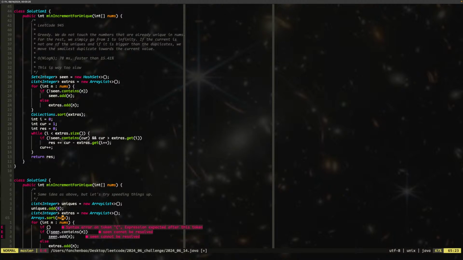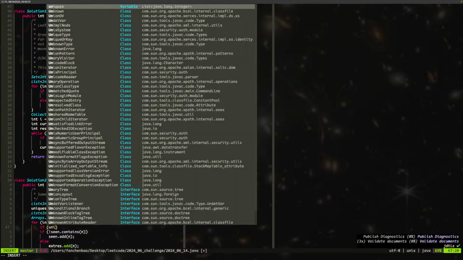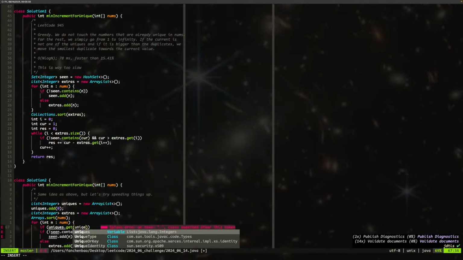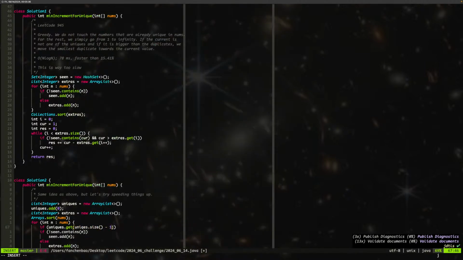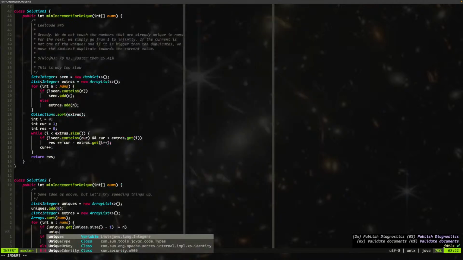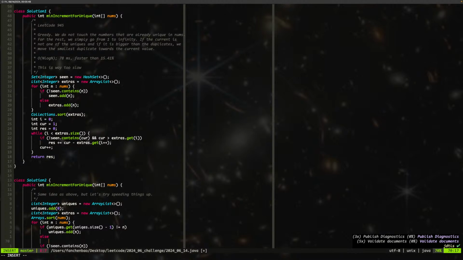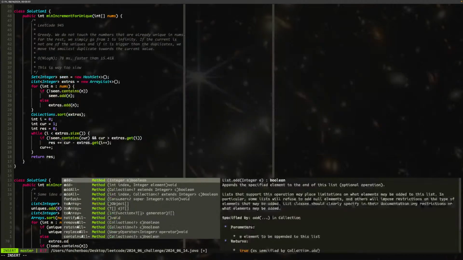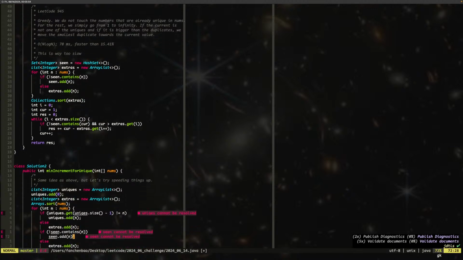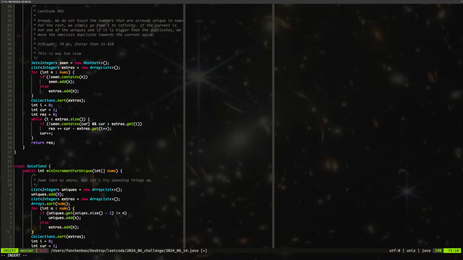Right, I need to add a 0. Then we say if uniques.get(uniques.size() - 1) is not equal to current num, then uniques.add(n), else extras.add(n). Okay, so that's that. So now we have uniques and we have extras. So once we're done, we're gonna do